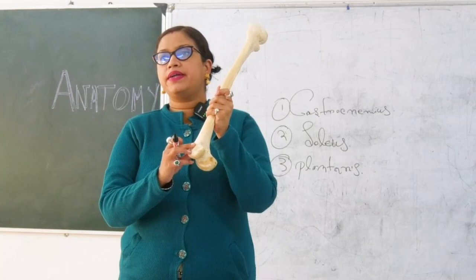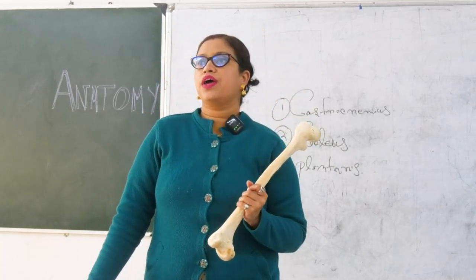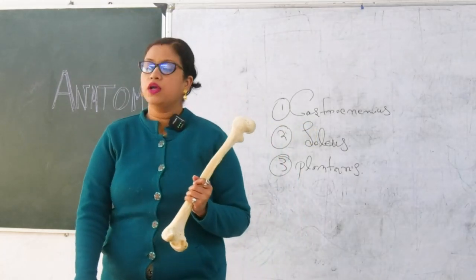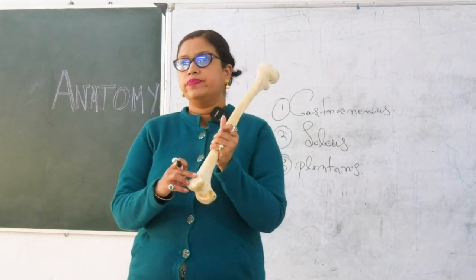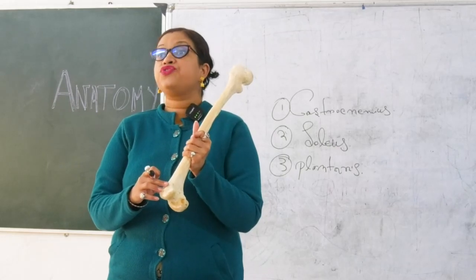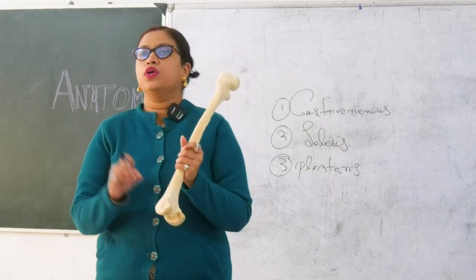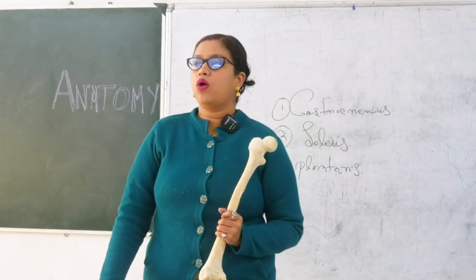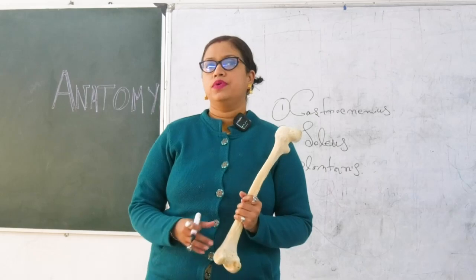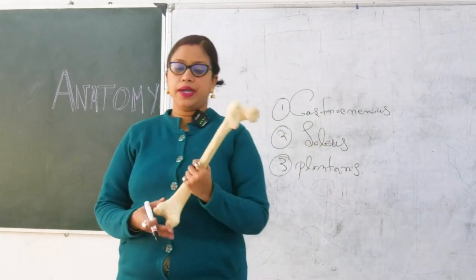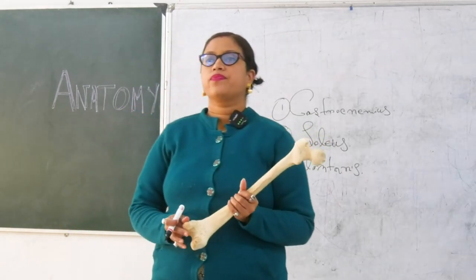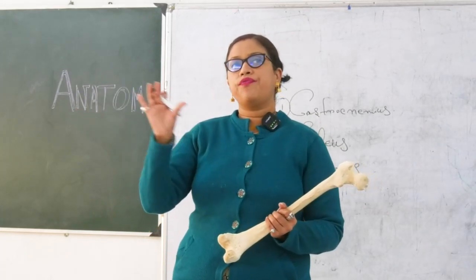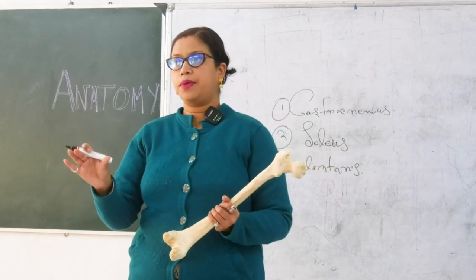What about this small pit? Which thing is attached over here? Do you know? The knee joint is not yet done? The lateral collateral ligament. Write it down: the small pit is the attachment for the lateral collateral ligament of the knee joint. Now you understand the two different origins of the lateral and medial heads.